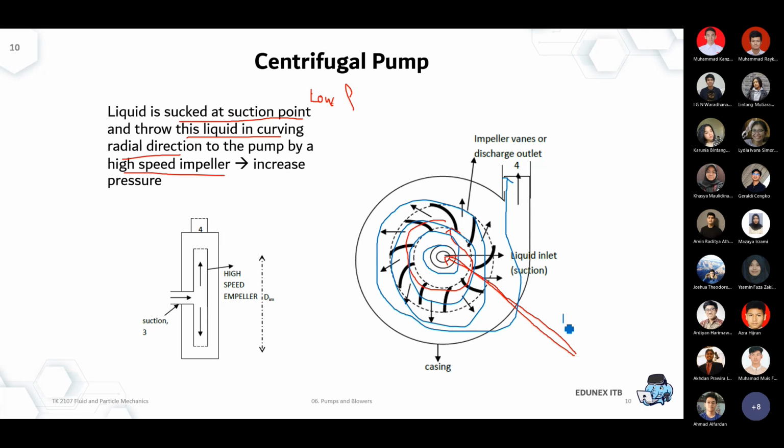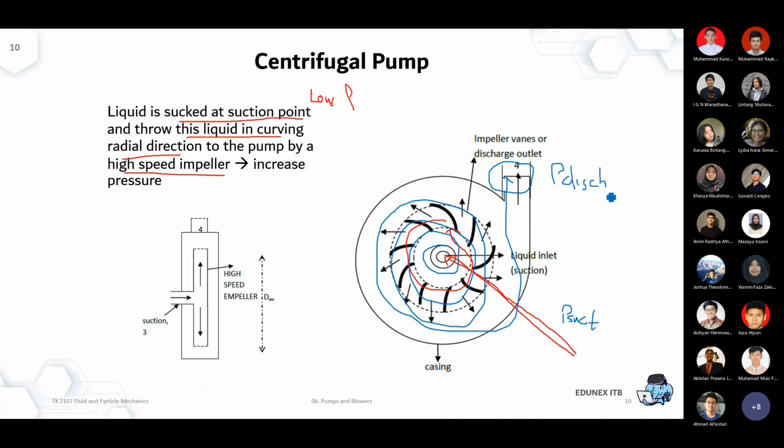So that's the low pressure. That's the P suction. The low pressure, and because of the energy transferred, the impeller moves. That means it has kinetic energy. That means some of the kinetic energy from the impeller can be converted into the kinetic energy of the fluid, and then later the kinetic energy of the fluid can be converted into pressure. That's the energy conversion in the pump. Okay, so now when it exits the pump, we can achieve the high pressure at the discharge point of the pump.